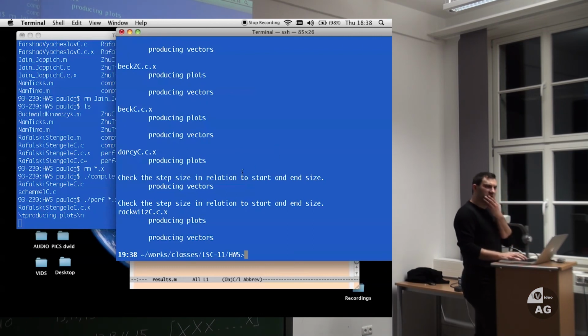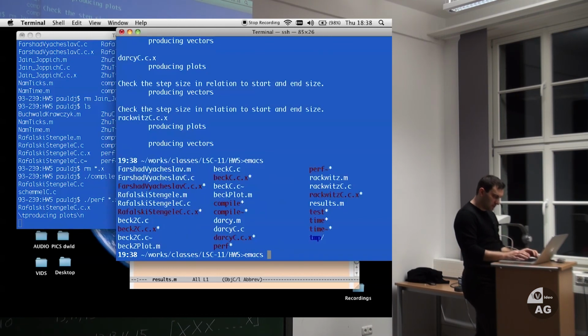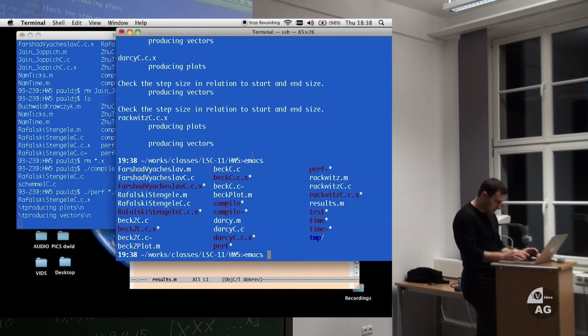And we have to fix. We have to do the same fix again. What was the file name? Guys, I can't remember. Oh, no. Was it Rafalski Stengele?